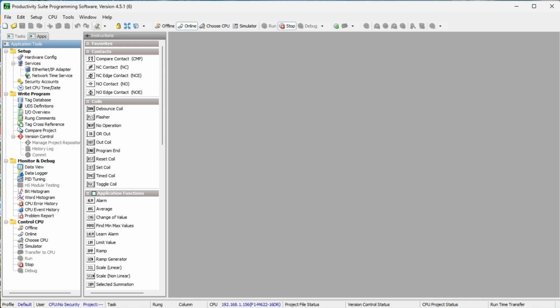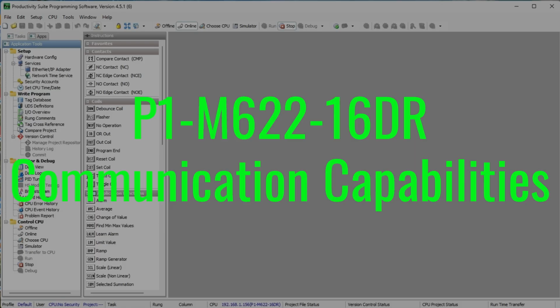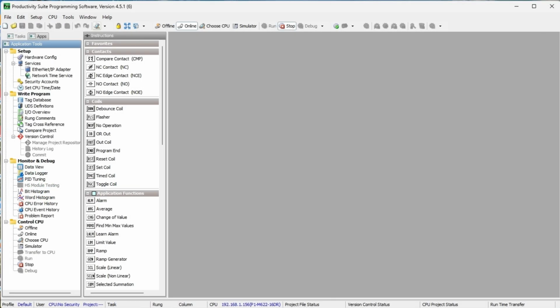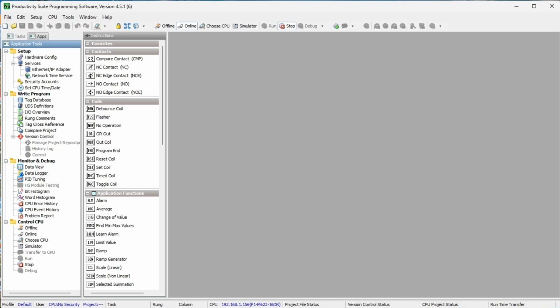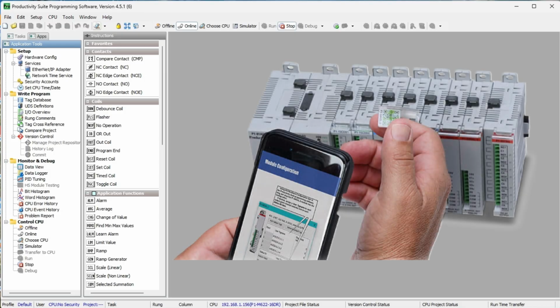Establishing communication with our Mini PLC is straightforward. P1-M622-16DR communication capabilities. The Mini PLC Ethernet port supports Modbus TCP client connections, 16 server devices, Modbus TCP server connections, 16 client devices, EtherNet/IP scanner, 32 adapters, EtherNet/IP adapter, 4 scanners with 8 connections per device, custom protocol over Ethernet, CPoE, ProNet for Productivity-to-Productivity communication, outgoing email. The Remote I/O Ethernet port supports GS drive connections up to 16 drives, ProtoSX TCP couplers up to 4, P1-RX remote slave modules up to 4, PSAMC motion controllers. The serial ports support RS-232 Modbus RTU master/slave, ASCII, custom protocol, RS-485 multi-drop Modbus RTU networks up to 1000 meters, ASCII communication. Next time, we will write our first program and transfer it to the Productivity Mini PLC